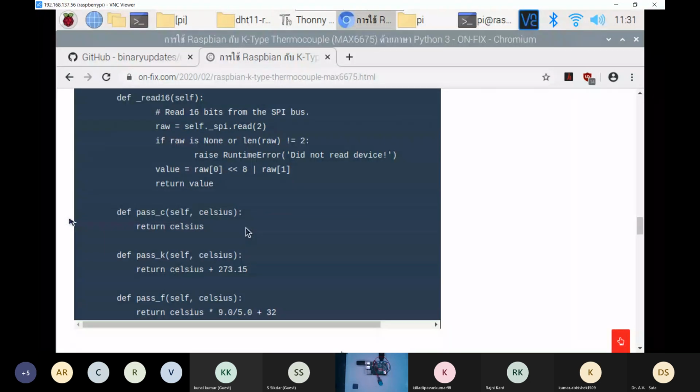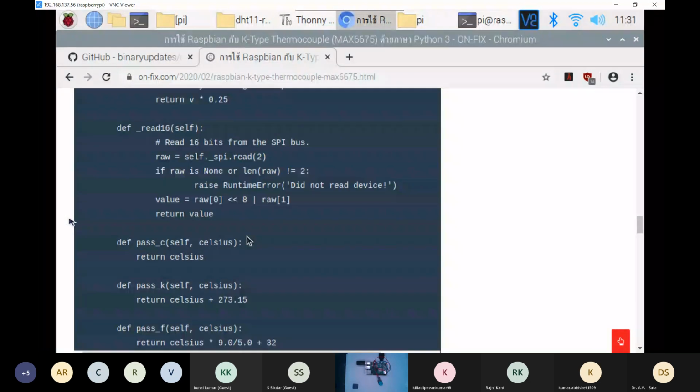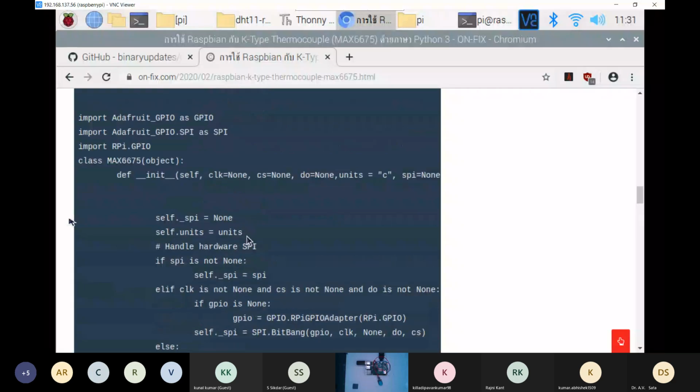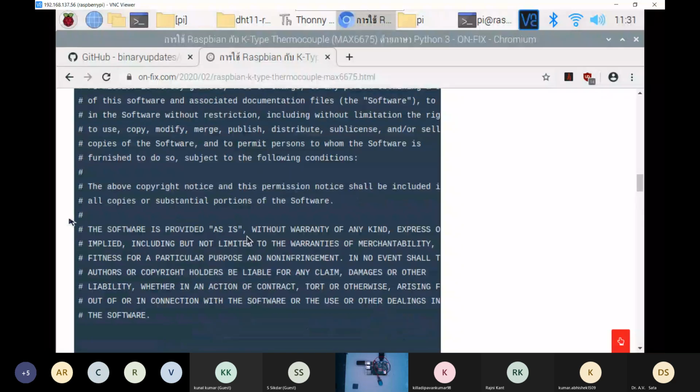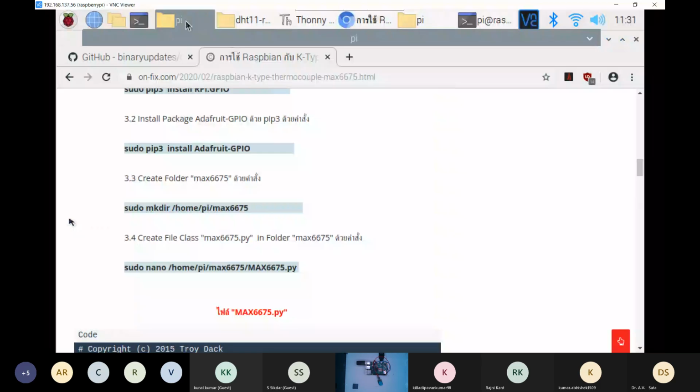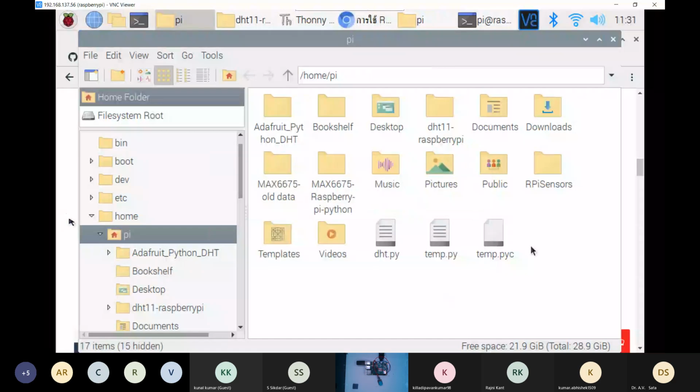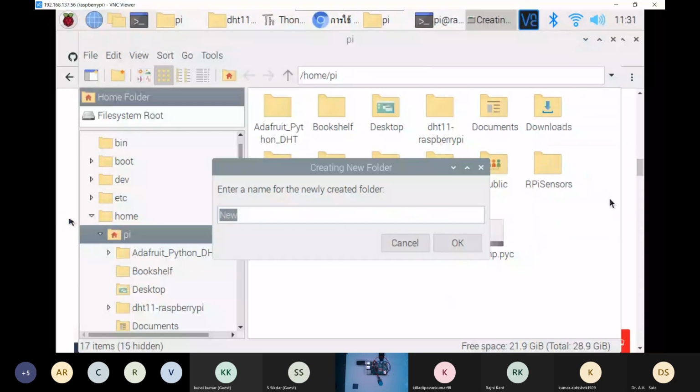On the Pi, there is a folder called next667 file. I'll just rename it, and I'll create one new folder called next6675 for our purposes.